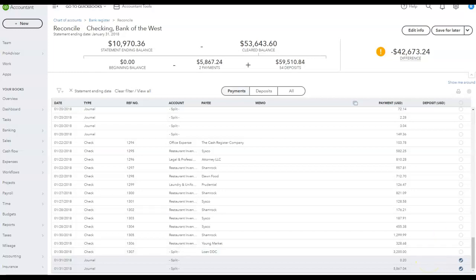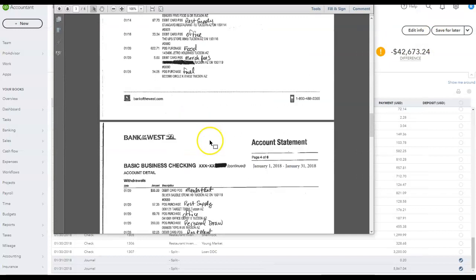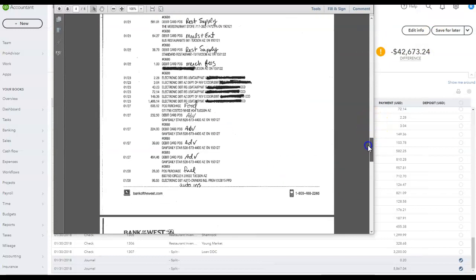Because if you remember from my instructions, that 20 cents was not included in your journal entries. There was an extra 20 cents that wasn't included in your payroll tax payments. There was an extra 20 cents that you had to make a journal entry for. Now that I've done the debits, I want to move down the bank statement and go to